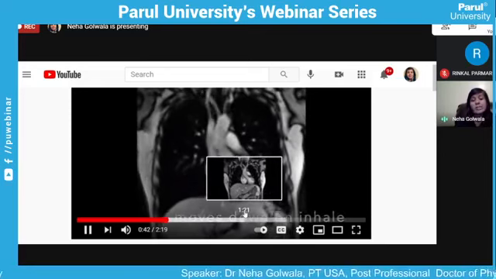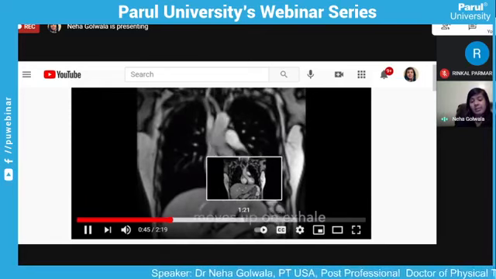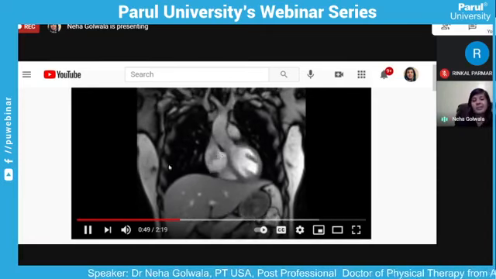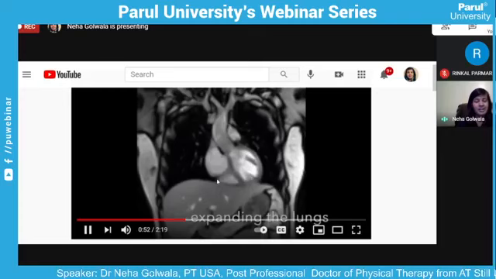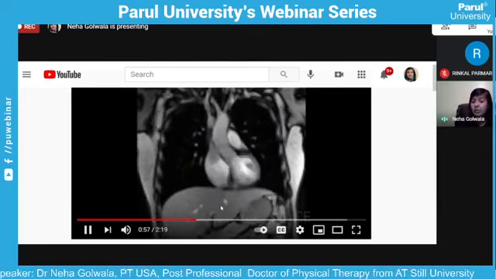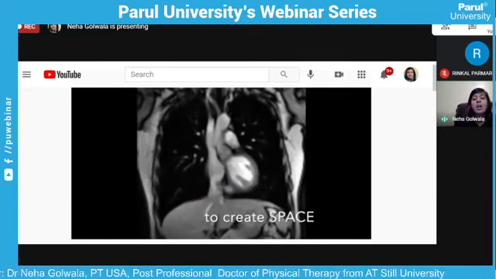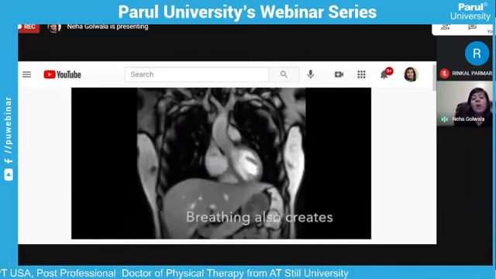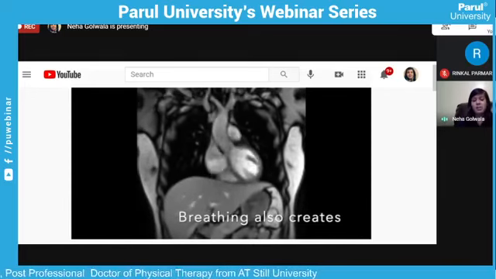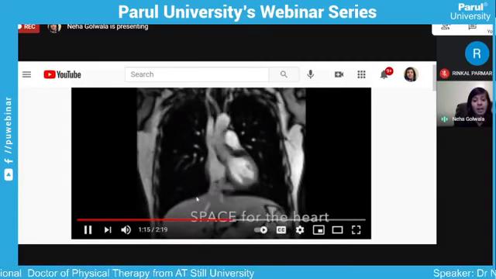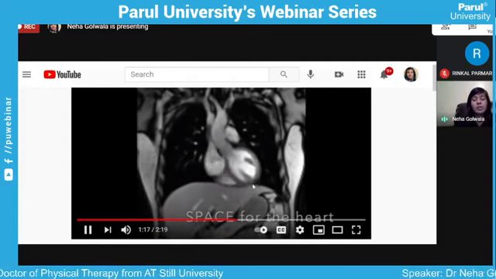These organs need to move in order to function and to get circulation. If they are stuck, our lungs cannot fill with air, the heart cannot pump the blood strongly enough, the intestine cannot digest the food, and the urinary tract cannot produce enough urine or clean the blood. That's the reason why the whole concept of visceral mobilization has been developed. And this is a functional MRI of breathing,